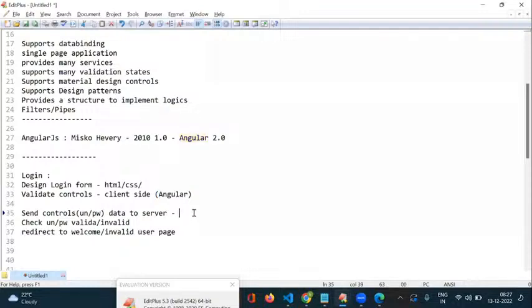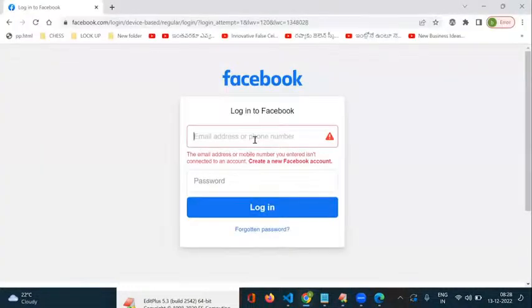Next one, sending data to server. So how can I send the data to the server? Now we are using the mechanism Ajax. There are two ways we have. One is submit by using the form submit button. So we can send the form with the help of the submit button. We can send the data. Data means nothing but these text box values, right? So we are sending the data to the server. But